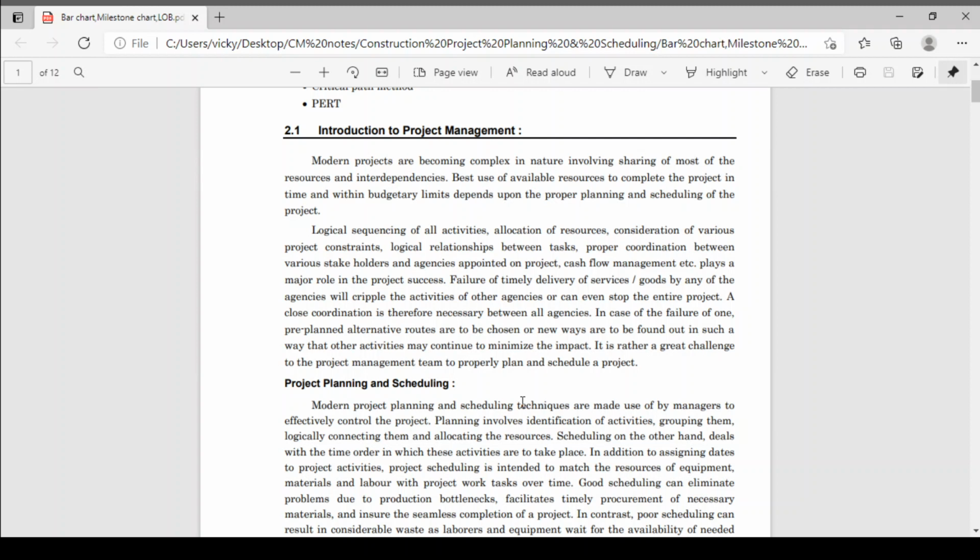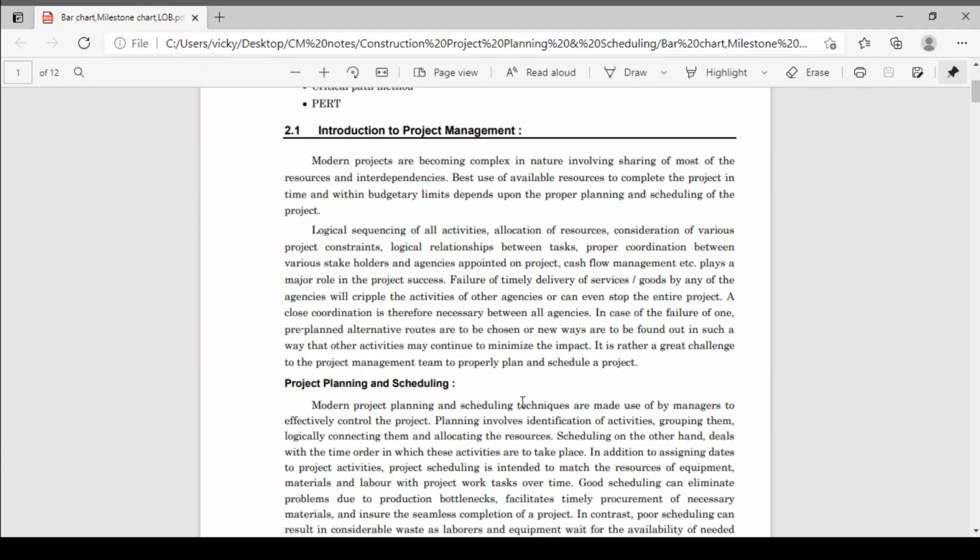Then allocation of resources: on every activity you have to allocate the correct required resources for that activity. Then consideration of various project constraints, then logical relation between the tasks, then proper coordination between the various stakeholders and agencies appointed on the project. Then cash flow management is also important in your project. Cash flow management, etc., plays a major role in project success.